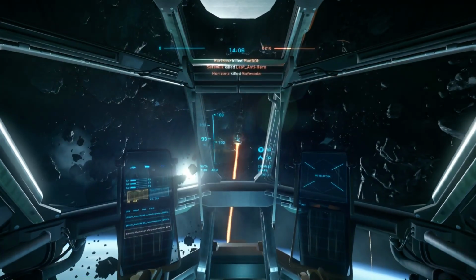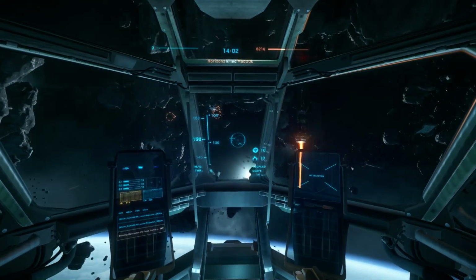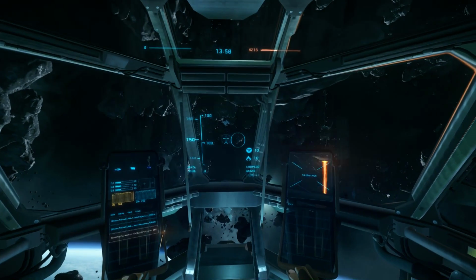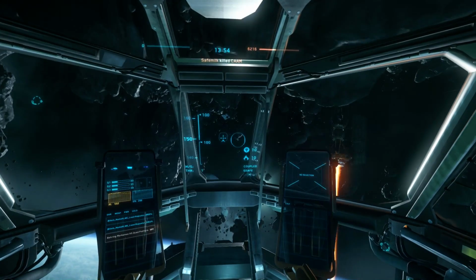Anyway, given the power of missiles, I thought, let's do something stupid. Let's take an Aurora, and this is the one I have, the Aurora LN. It has 4 missiles on it. I'm just going to try and see if I can use the power of the missiles and win a battle